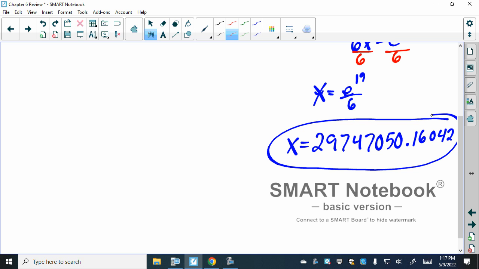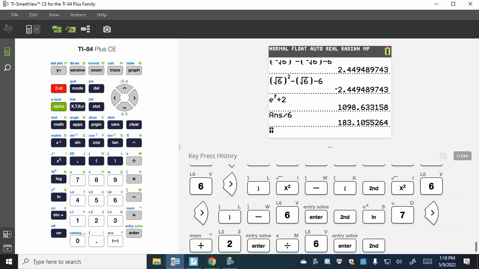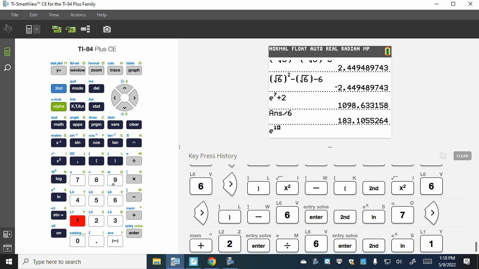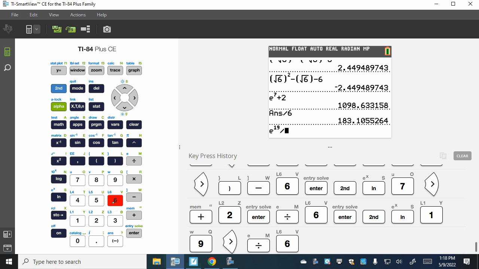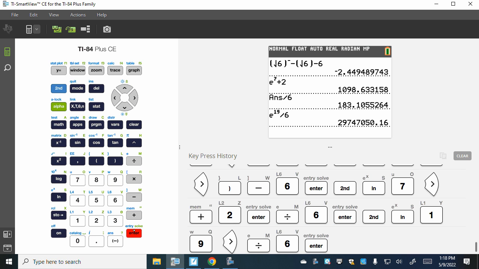To get the longer decimal, all you need to do is subtract this number from it, and it'll bump the decimal over. So I can show you all that here, because we could say second ln of 19 divided by 6, and we get this number here. It only gives us 2 decimal places. If I go minus